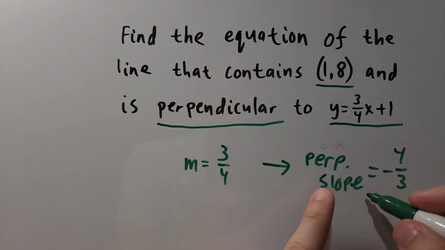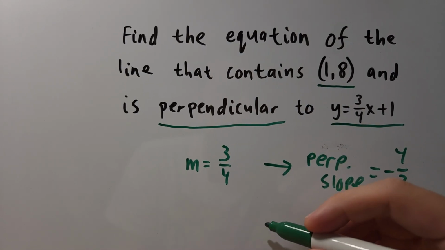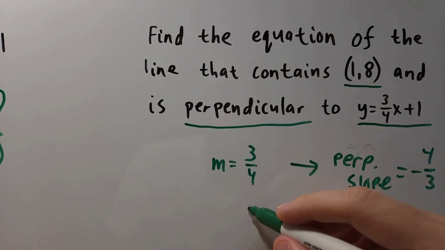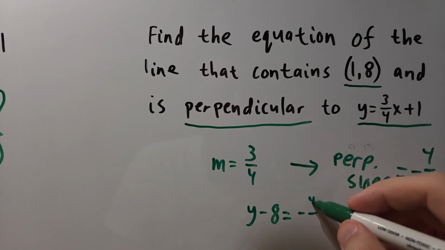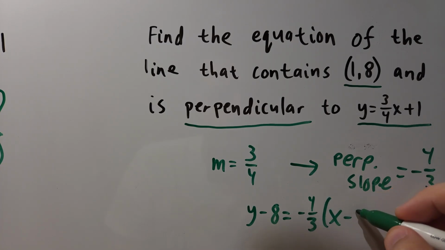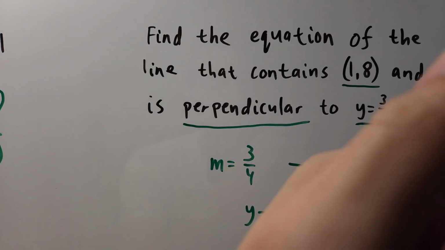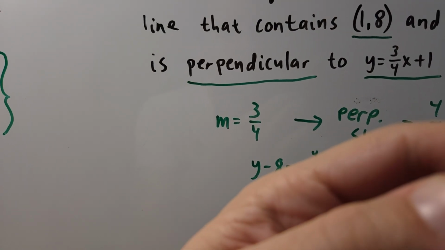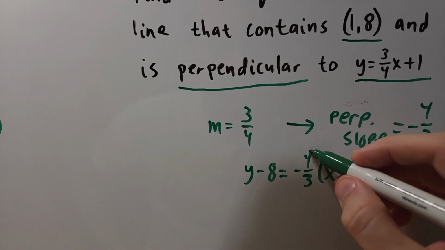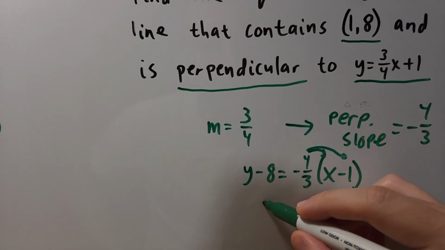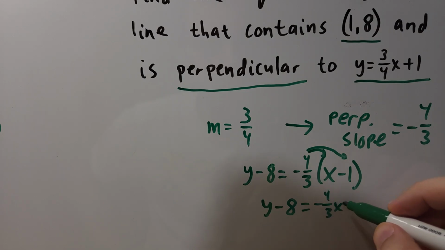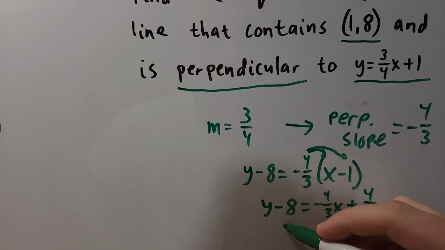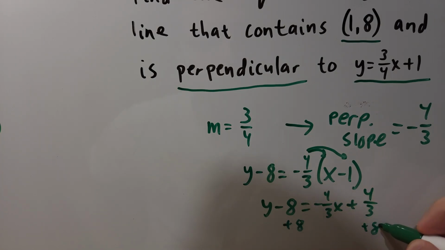Now that that's done, let's go ahead and find the equation using point-slope form. We have our point and our slope. All right. Next, we distribute. So here we have y minus 8 equal to -4/3 x plus 4/3. Last thing we do is add 8 over, but what I'm going to do is take a little fork in the road and come over here and do something called